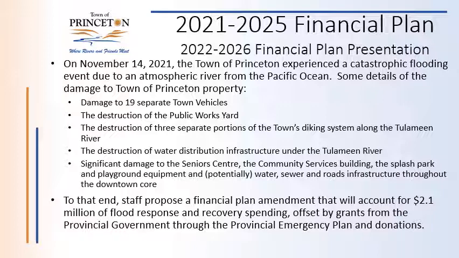Current estimates from our engineer, based on what the river may have done underneath our downtown core, may be between 25 to 30 million. And we're talking $5 to $6 million, which just increases the numbers I quoted before, that 65% and the 10 to 15%, nearly threefold. So it is imperative that senior levels of government provide that financial assistance, so we don't have to approach taxpayers with covering those scale of values.